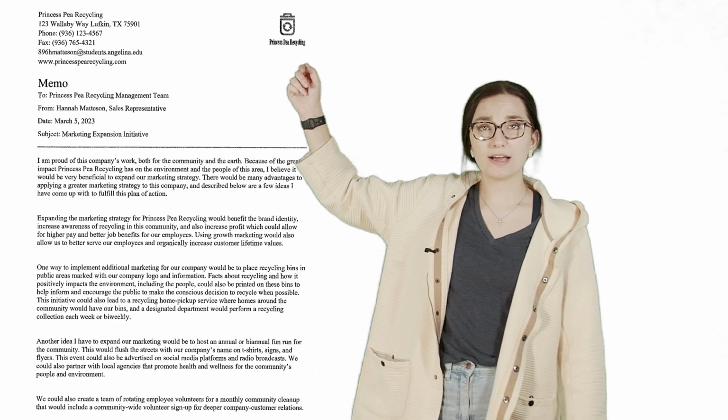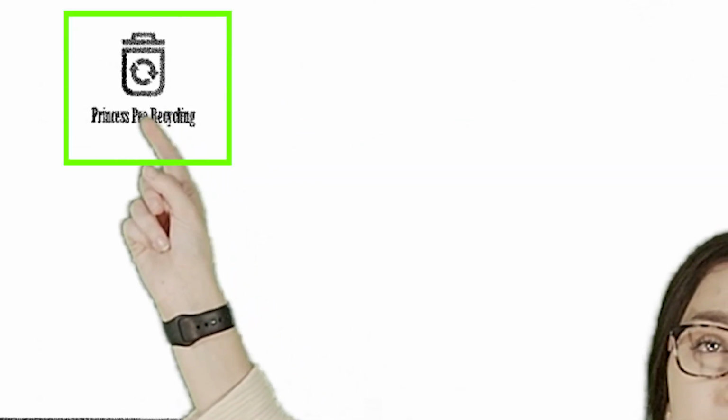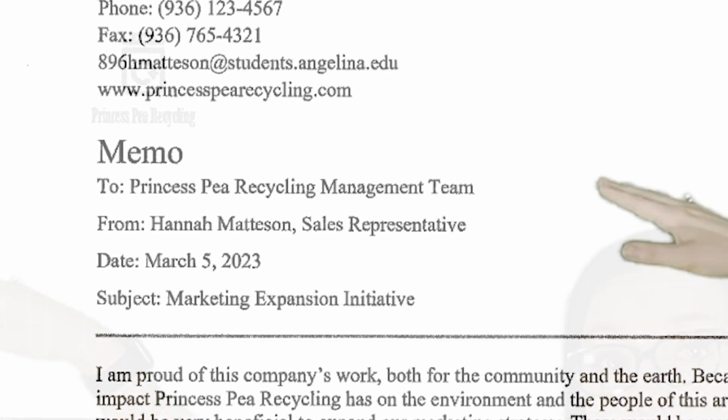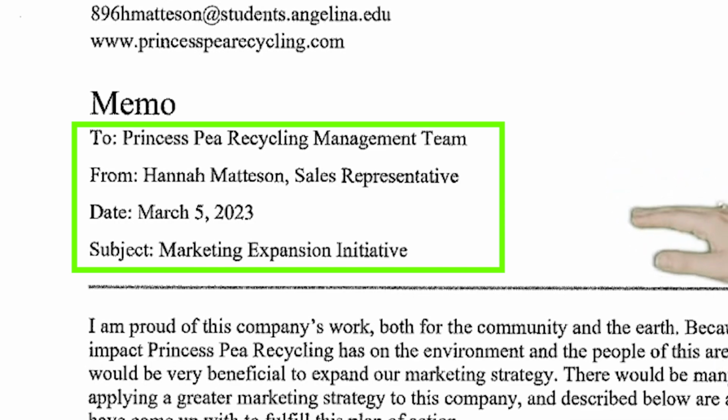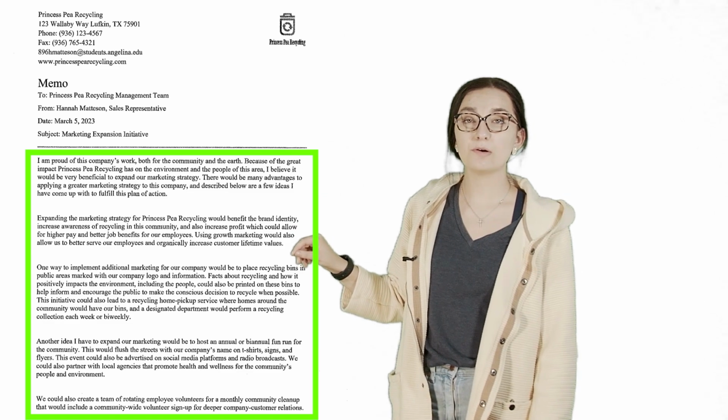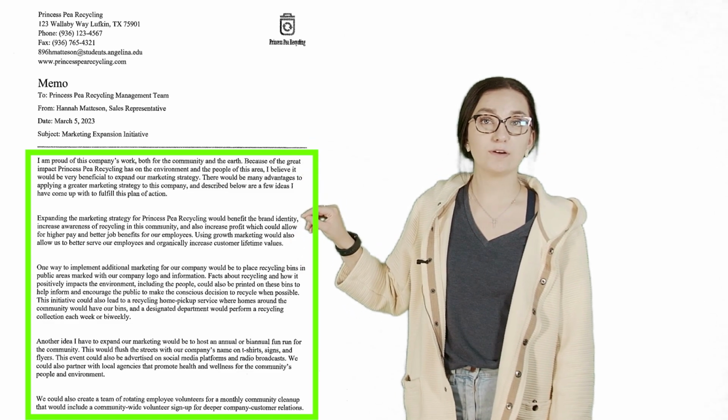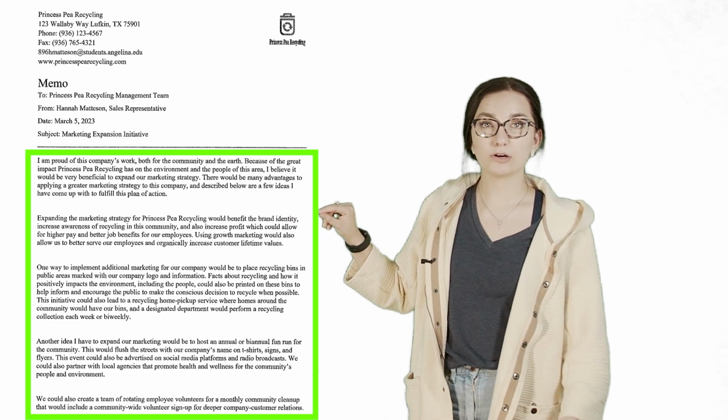Up here in the top right corner, we have the logo, and then we have the physical word memo, which is very important to include, who the memo is to, who it is from, the date it was written, and then a subject line. Then you have the body of the memo, which is just explaining whatever information you are trying to convey to your coworkers, your supervisors, whoever it may be. And then lastly, the only thing that's missing is where the bottom of this memo was cut off. There's a simple salutation, which is thank you so much for your consideration, thank you for your time, anything of that sort.